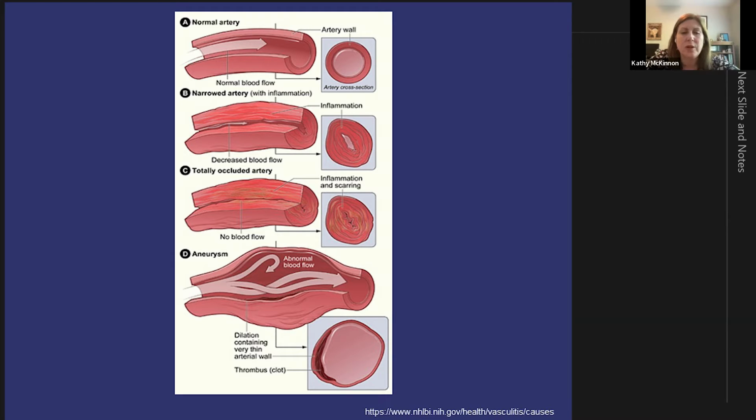At the top, you see a normal artery where things flow very nicely through this uninterrupted opening. And when you have inflammation, like if you have inflammation or a cut on your skin, when things heal over time, there can be scarring, and scarring inside the artery causes this opening to become narrower, making it more difficult for the things that your body needs to flow through there. Less oxygen, less nutrition, which can damage tissues and organs.